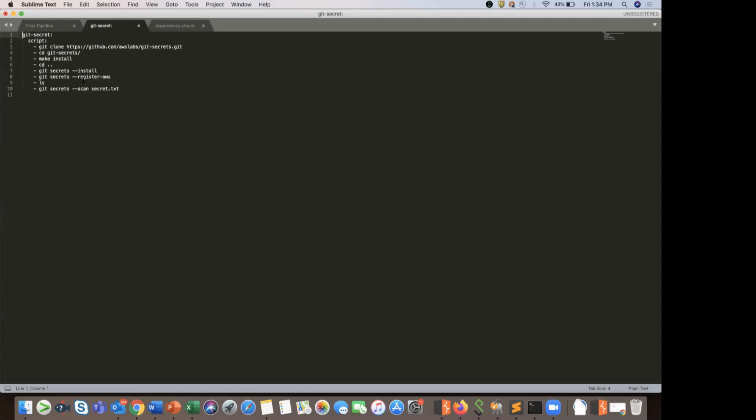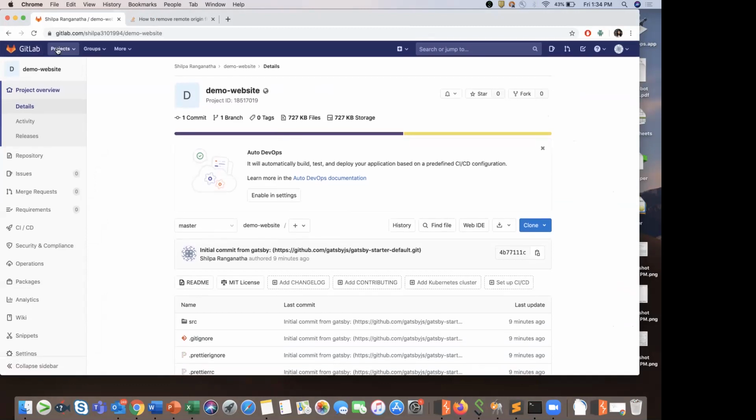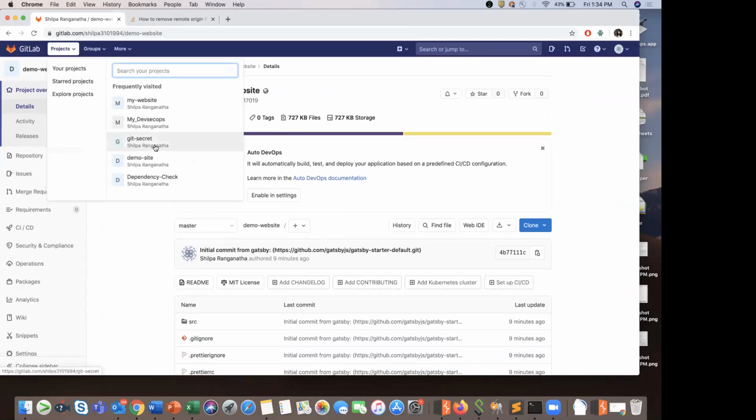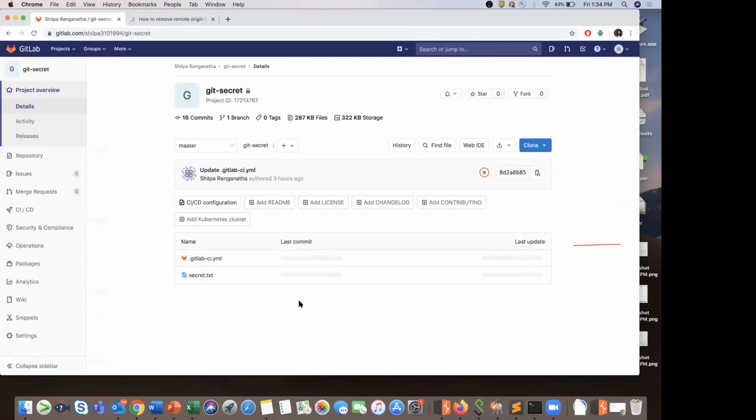Okay, so once everything is done, this is the actual command: git secrets scan secret.txt. Now what is this secret.txt? Let me go back to another repository. So this is the repository where I've actually written the code for git secrets.